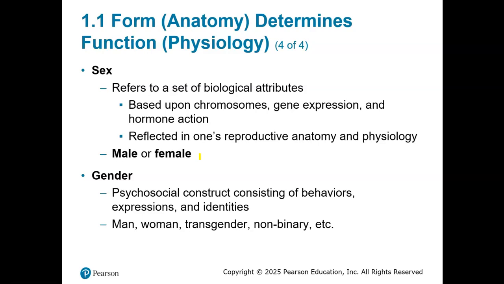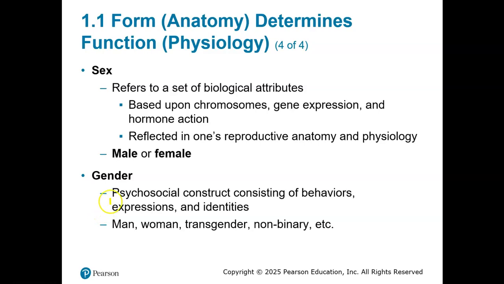So when we say male or female, we're referring to, primarily, males being XY and females XX. And males are going to have the male reproductive anatomy, and females are going to have the female reproductive anatomy. Males are going to have a penis, and females are going to have a vagina, and the ability to have a baby, give birth, that kind of thing. So sex is going to refer to that, and gender is going to